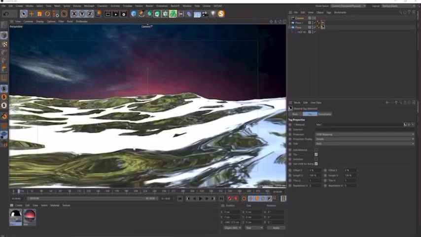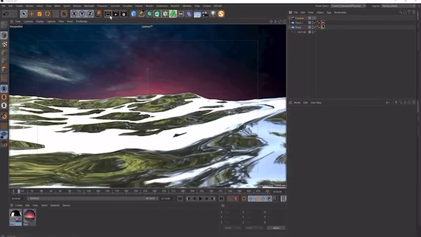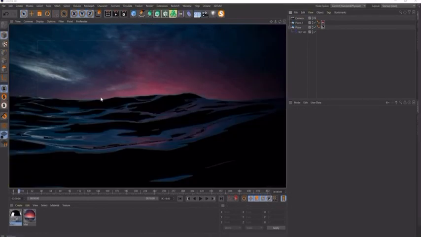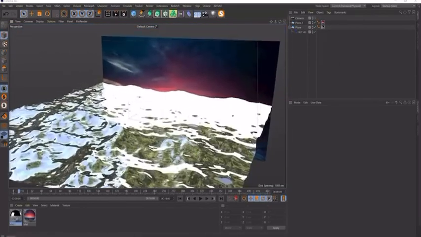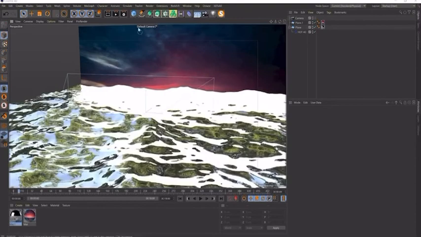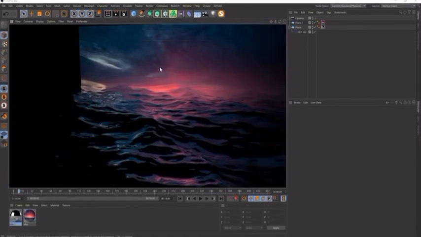Just apply this to our ocean. And if I do a quick render, this is what we have. So this is the first step to the lighting style of this scene, using a sky image as a background and then just a reflective material for the ocean. And that's it for our sky